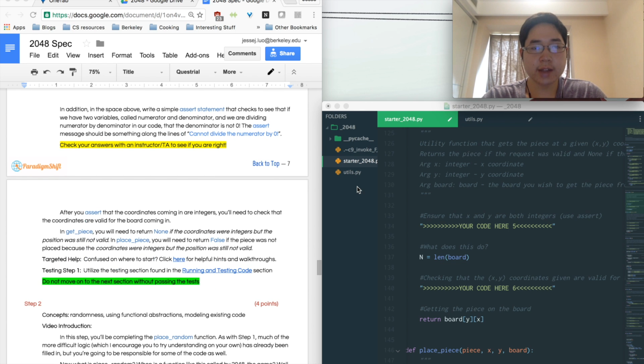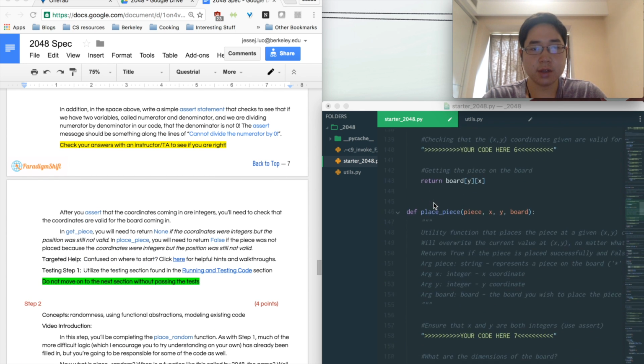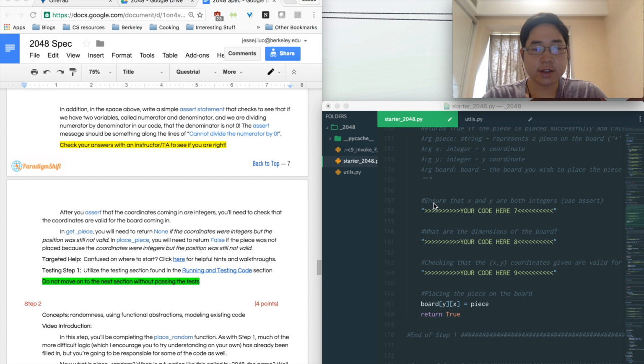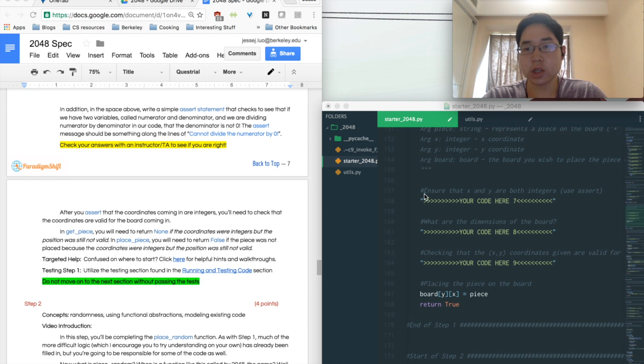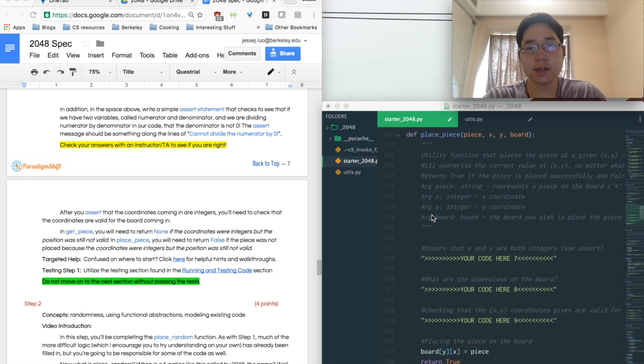And so the next step is place piece, which has the exact same problems. You want to assert whether x and y are both integers, and then you want to check whether the piece can be placed into the board, because once again, if you are looking